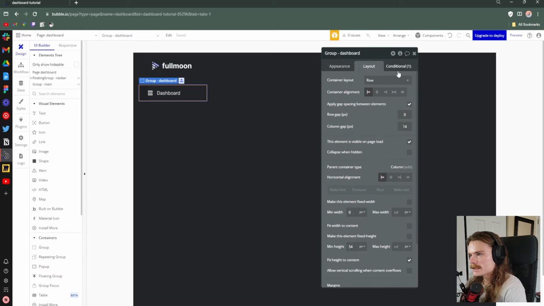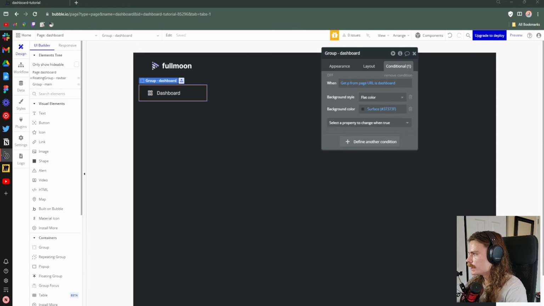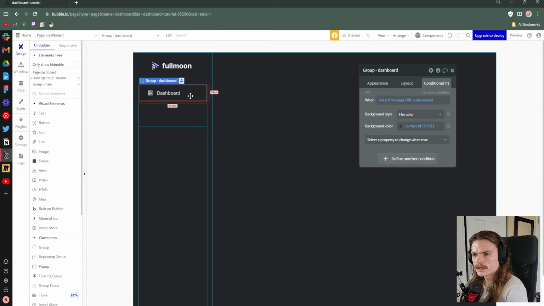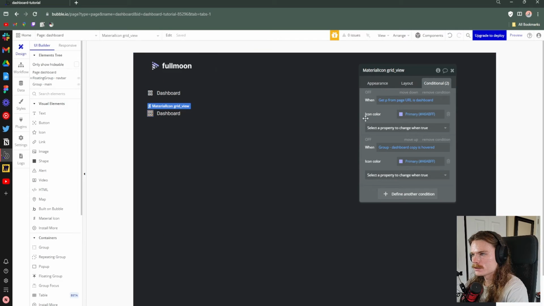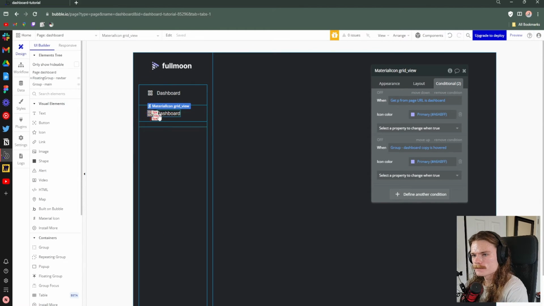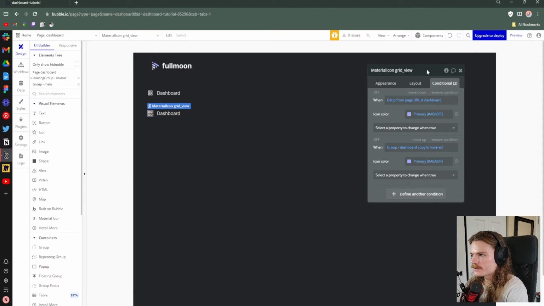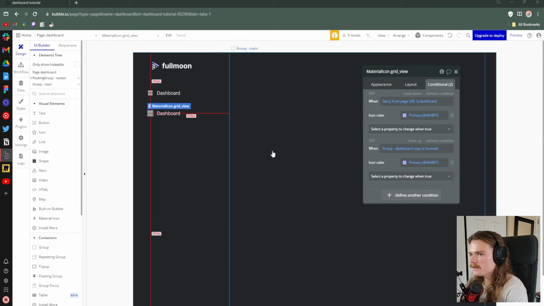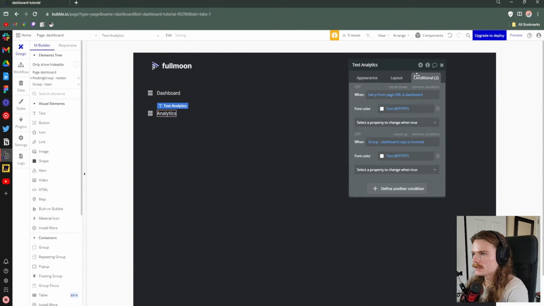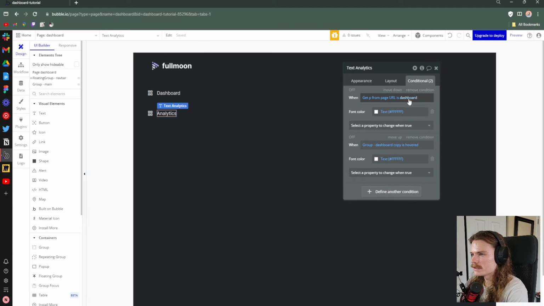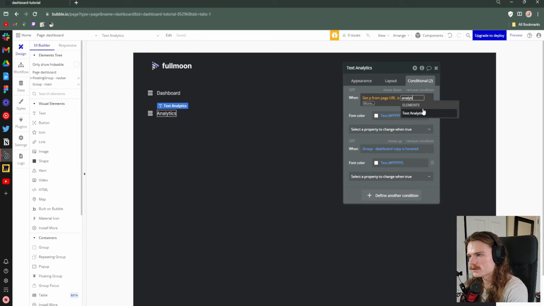This is basically it. This is essentially all you need for the actual button. So now we can go ahead and do the fun task of just duplicating it. I'm going to duplicate it once here, show you what needs to be changed, and then it's basically the same changes for the rest, right? So the first thing we're going to need to do, this is going to be the analytics link. So we're going to go ahead and change that to analytics. And then the conditional show get P from page URL is dashboard. We're going to want to change that to analytics,